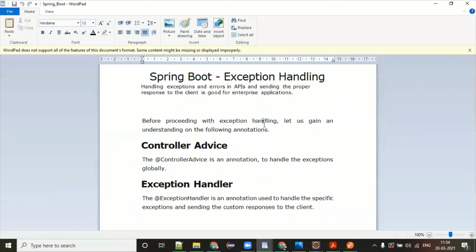So AOP is one of the modules of Spring which is having the advice classes for cross-cutting concerns. You write a piece of code one time and you tell AOP wherever you want to implement this. A simple example: I want to handle the exception or customize this exception. For example, in a REST API, think about the situation where the user hits something and gets some exception, say a class not found exception.